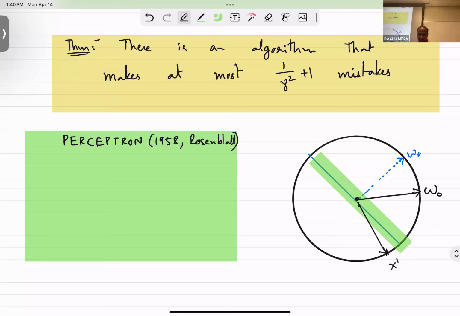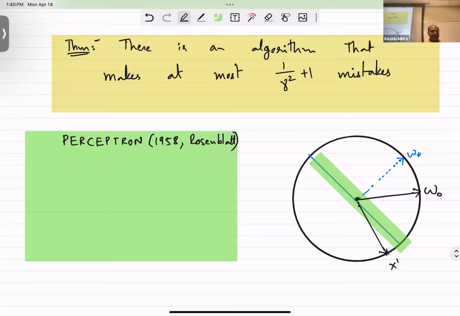And actually, yeah, this is fine. So now with this vector, it has a positive inner product, right? You can see this angle is less than 90. So W0, our current prediction for X1, would be, okay, it's a cat, it's +1, right? Whereas the true label is -1. So we made a mistake that day. The first day itself, we made a mistake. So when we make a mistake, we should learn something from it. In particular, we should update our W0,